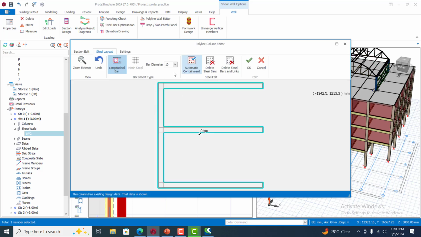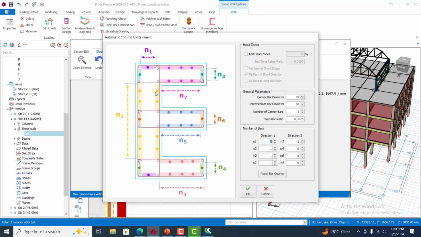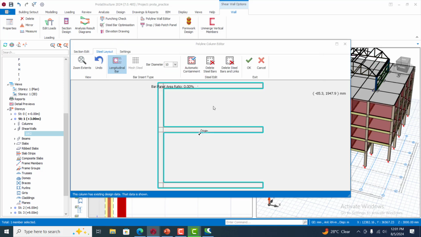All right, so we are here. We can use the automatic curtailment. If I click on automatic curtailment, you can see this is basically what is bringing out. I can add a head zone. I can specify the corner bar diameter, which is the bar diameter. However I want this to be, I can specify all of that, and then I will click on